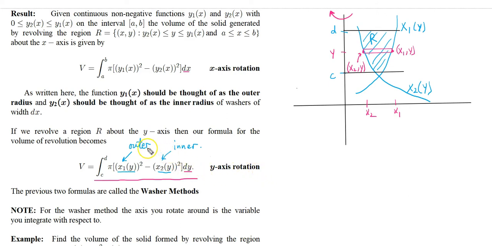Now it's important to think of these values as being outer and inner radii, because as we'll see with some examples, when you rotate around axes other than the x or y axes, you'll have to change the x1, x2, and y1 and y2 functions. For example,